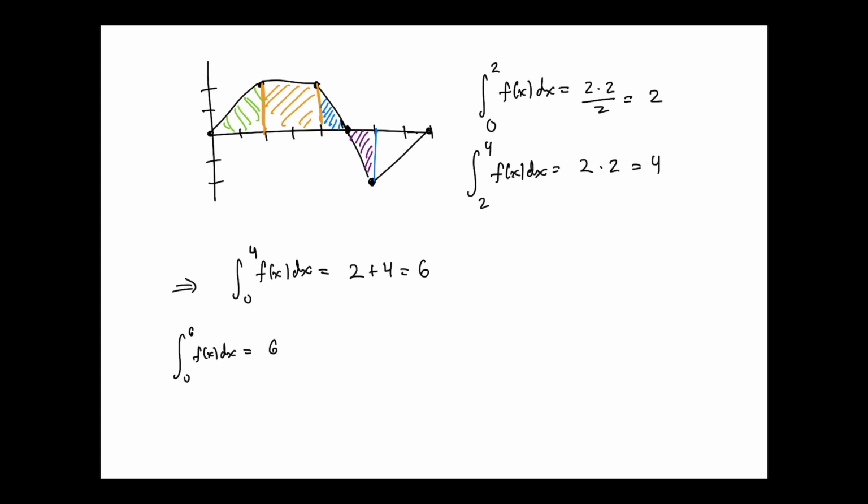Okay, do you guys buy that it's 6? No. All right, what about, what was it, 4 to 6? Yeah, and we basically just said why: because the blue part equals the purple part, but one's above and one's below. Okay, and then finally from 3 to 8,